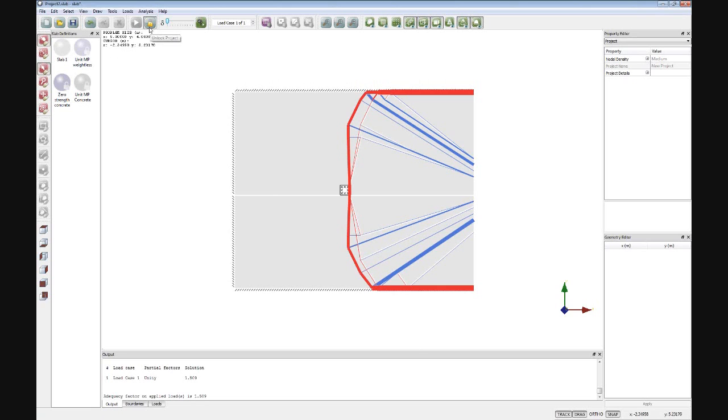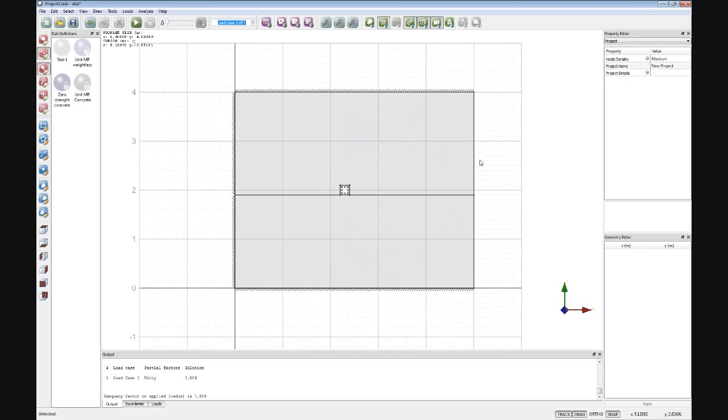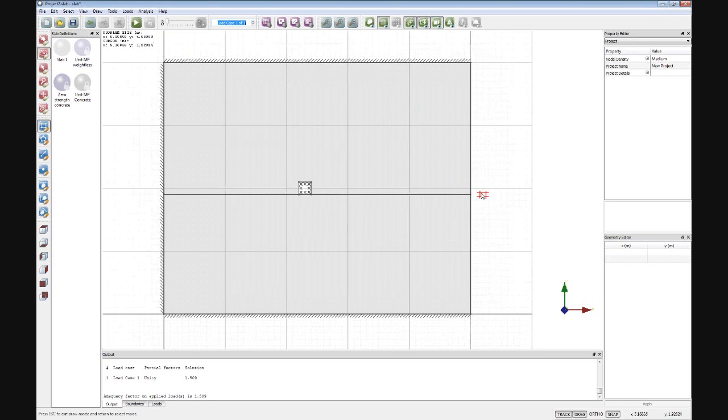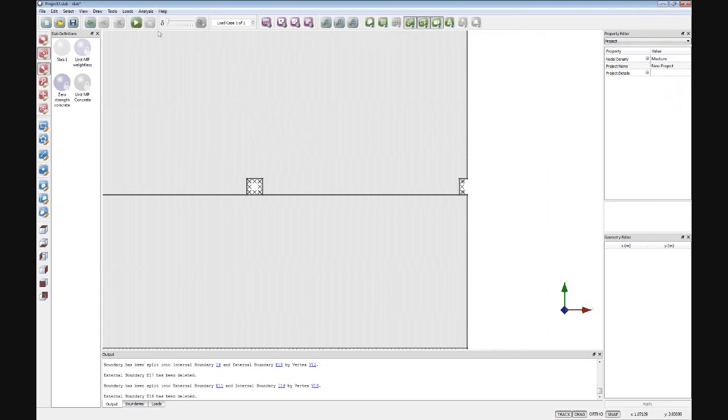And then lastly, for this particular thing, perhaps we might want to add another column. Say if we've got that free edge and we didn't want that failure mechanism, we want to make it slightly stronger, we could potentially just add another column on the right hand side there in exactly the same way as we did before. So just draw the rectangle, delete the middle of it, make the edges fixed, and then when we come to solve this one,